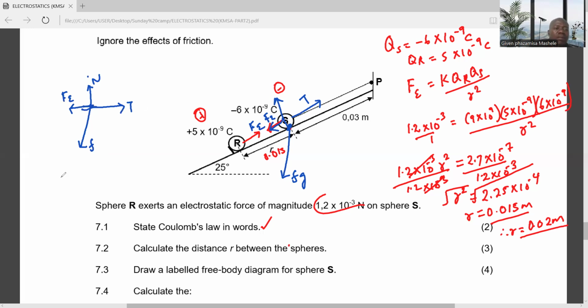Okay, apologize. I think this is long actually, not necessarily big. So we'll have the force of gravity, the weight there. So this will be our force of gravity. So these are the components of our free body diagram. We have the electrostatic force between R and S, we have the tension, we have force of gravity, and the other. Right, then the next question says,